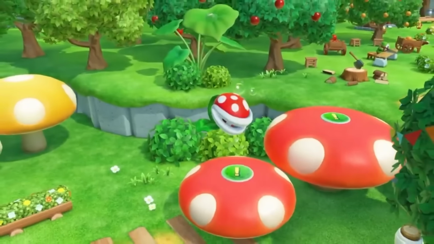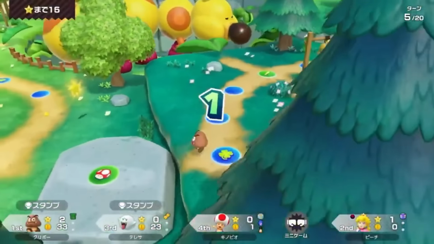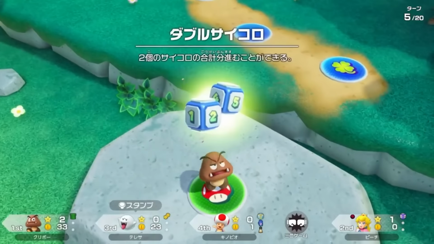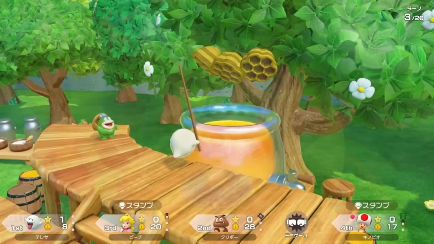One of the most important aspects of any Mario Party game is certainly the quality of its boards. Without engaging boards, even the best minigames cannot save the game from feeling lackluster. The great news is that Super Mario Party Jamboree is delivering 5 brand new boards and 2 returning classics from